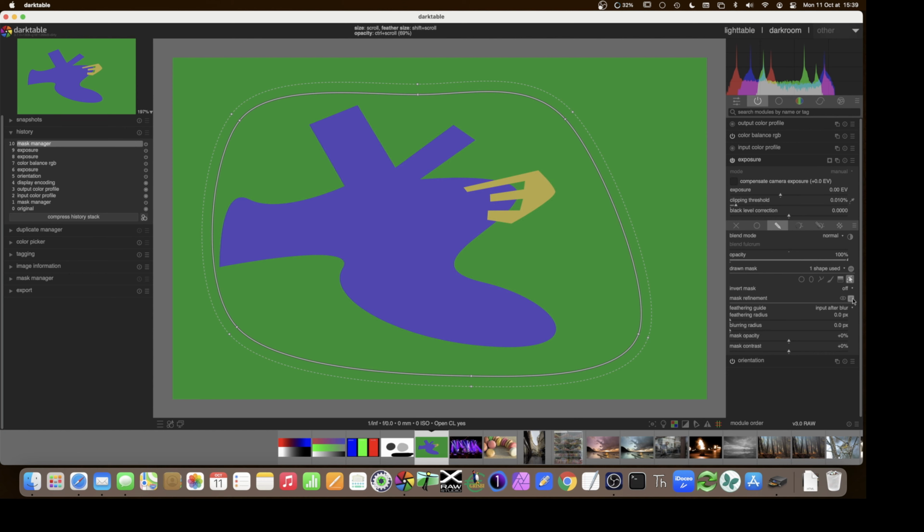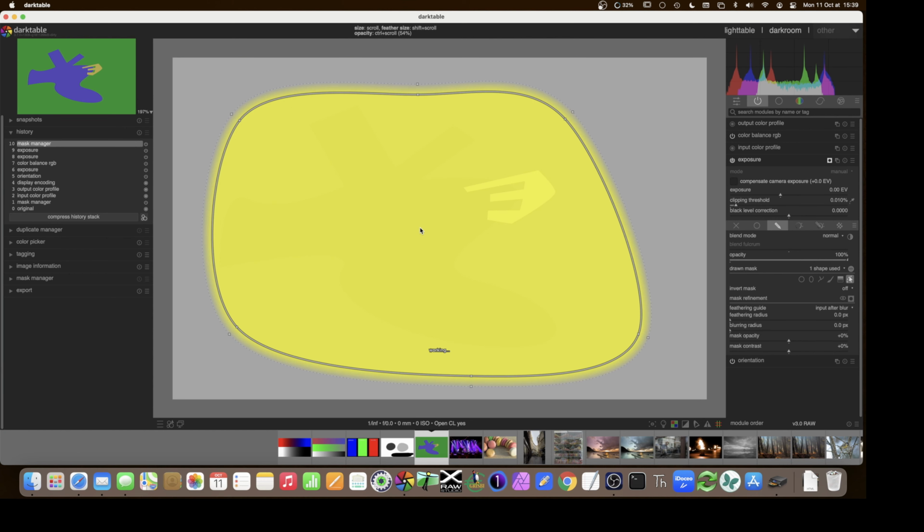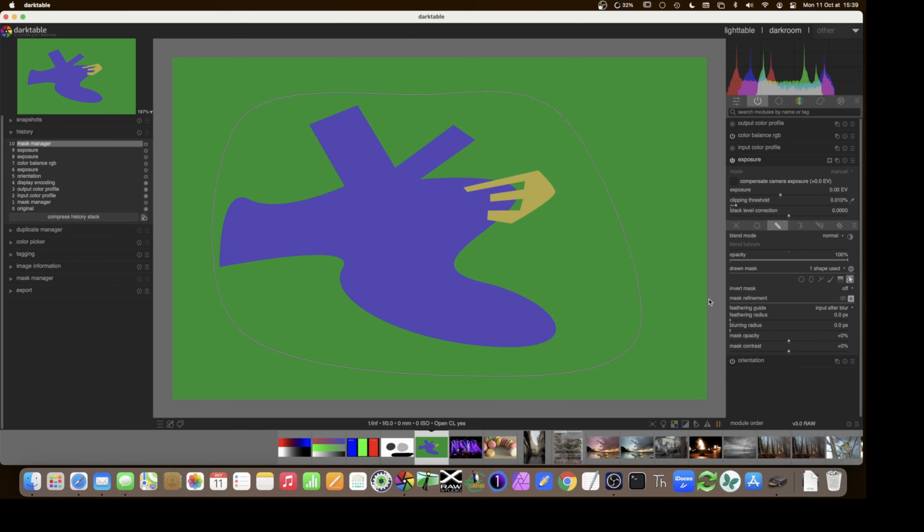Now you can't really see the opacity here, so let's put it onto yellow. So the opacity of the mask. They are the same for the gradient, the same for the circle, the ellipse, all these tools. Those are the same controls. What is interesting about this